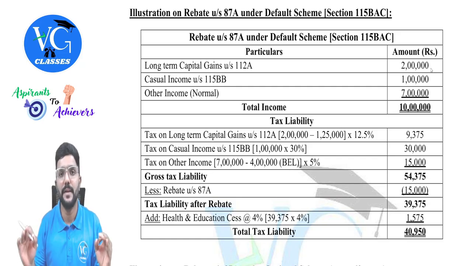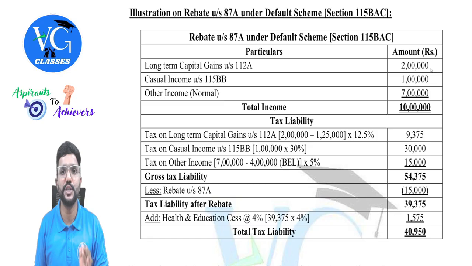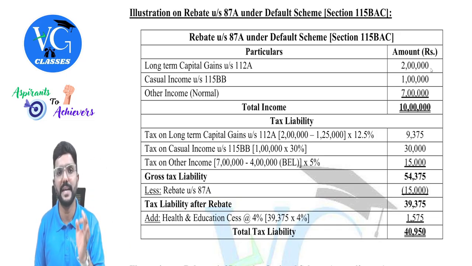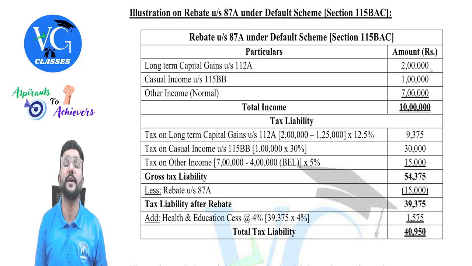Rebate is not available against the tax on special income for the resident individual who is following the default scheme under section 115BAC. Let it be tax on any special income, guys. Whatever we have discussed, no rebate. Only rebate is available under section 87A on tax payable on special income for the assessee who is following default